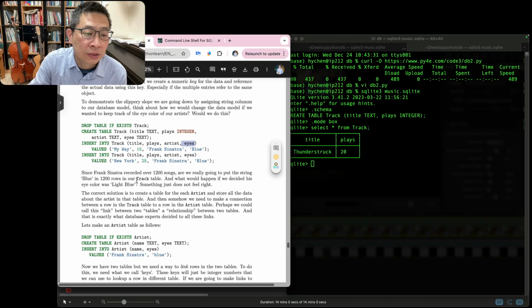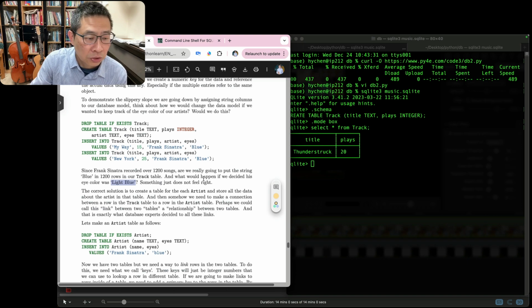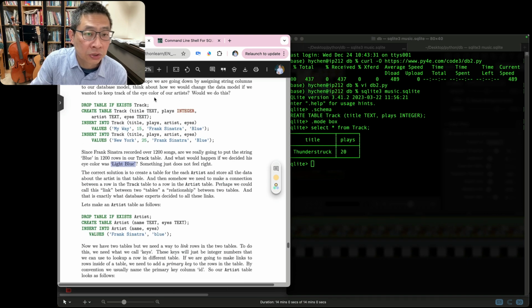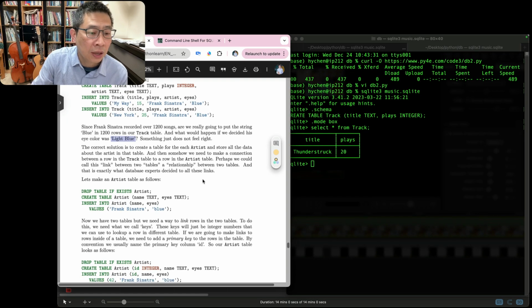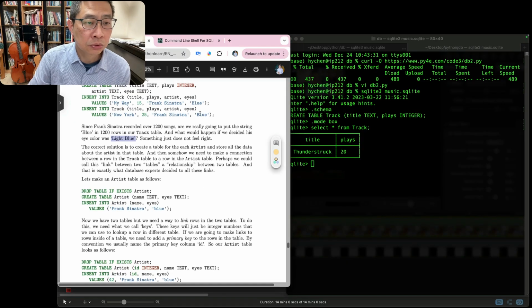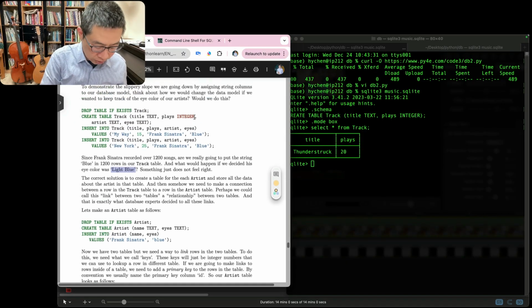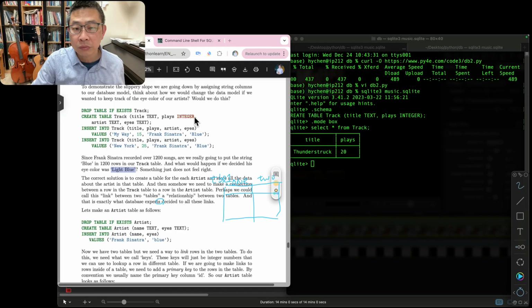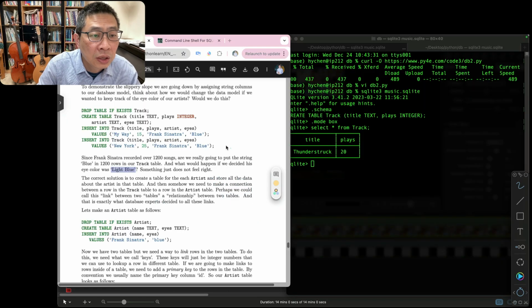So what happens if one day we find it's a light blue, not a blue, a bit light blue? You need to change a lot, right? So that may cause future problems, future issues. So if we can redesign our table to extract, what do I mean by this? Let me see if I can use... If we can extract this part